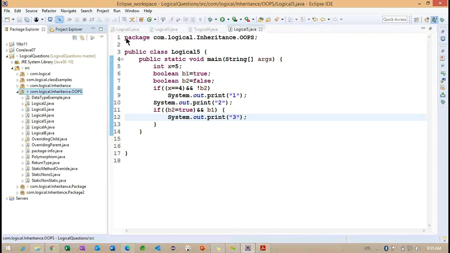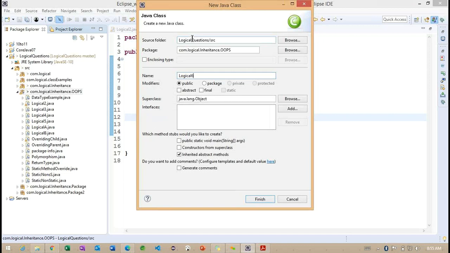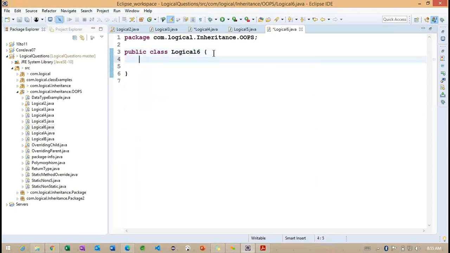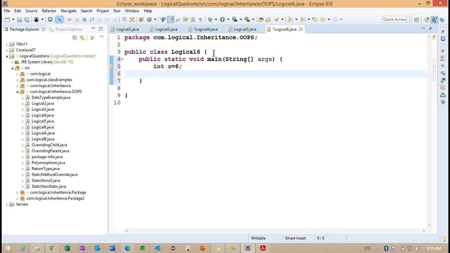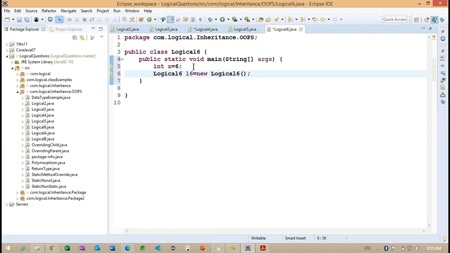How exactly is this going to work? Observe Logical6 here. Inside this main method, I want to define x equals 6 and Logical6 l6 equals new Logical6.